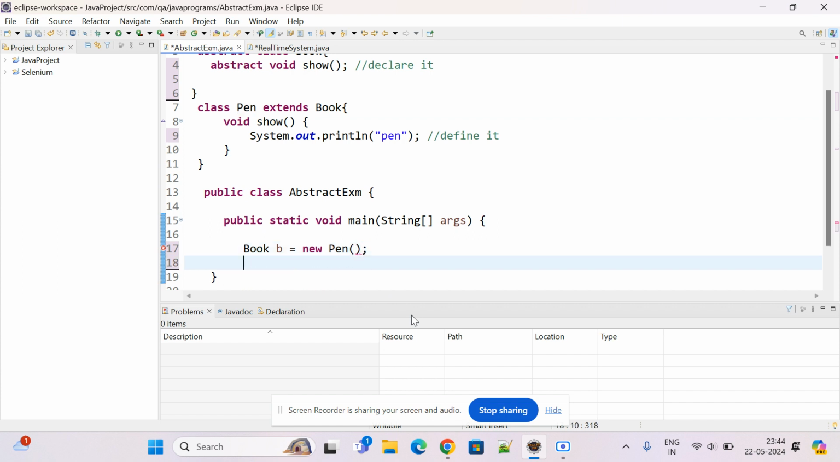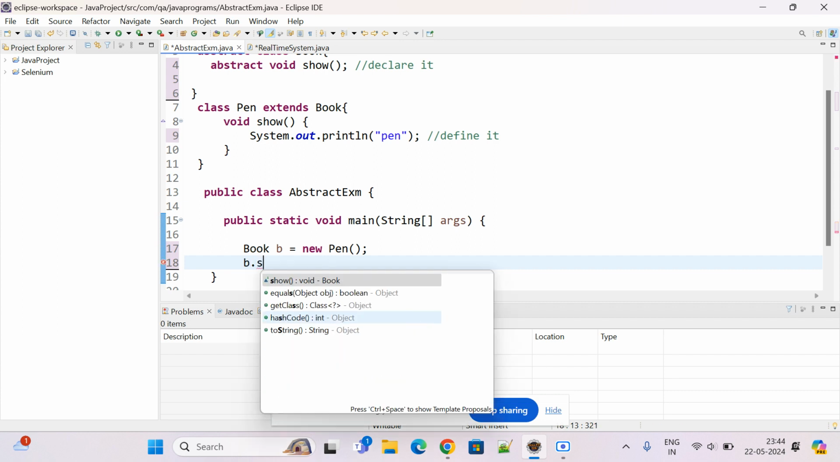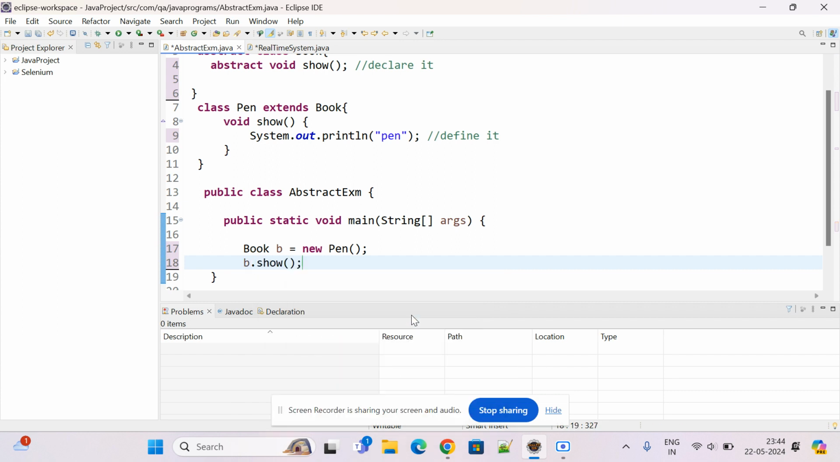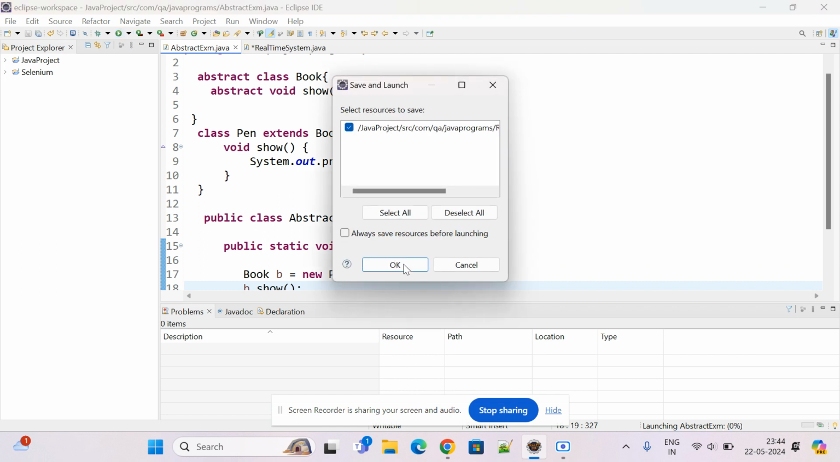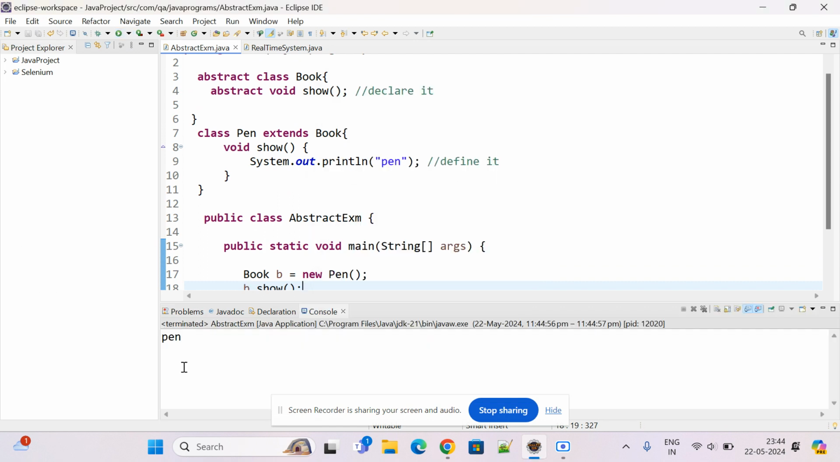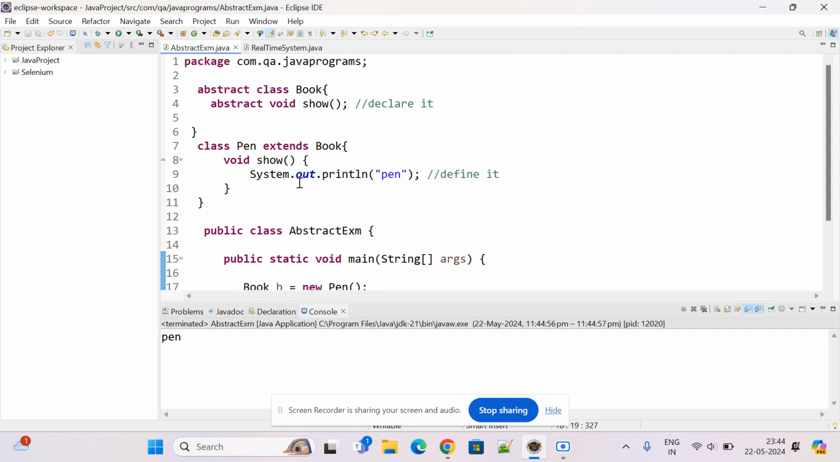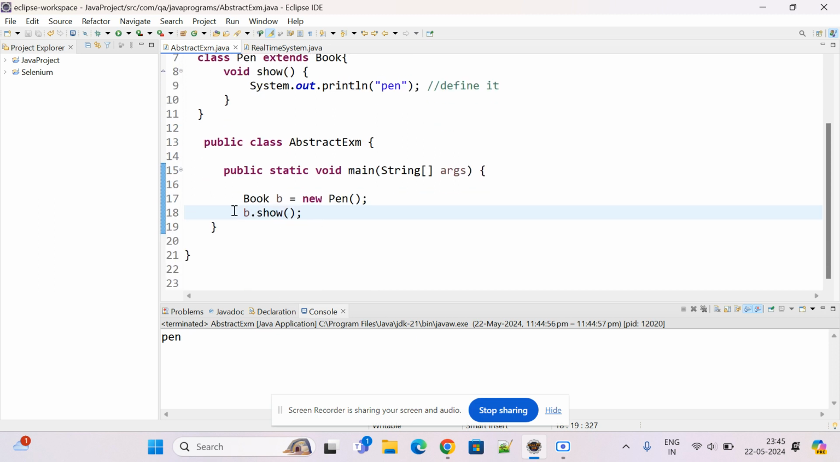So I have to define it, and now I want to see what I have defined in the show method. So use this, press Control S and try to run this one. Okay, so I have got the pen, whatever is mentioned in my show method. I got it, and by using the object I am able to see. And now what you have to do,